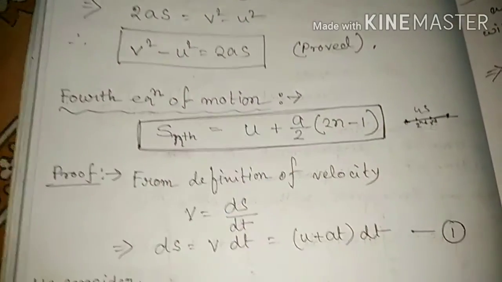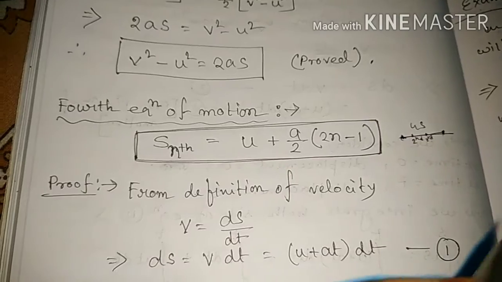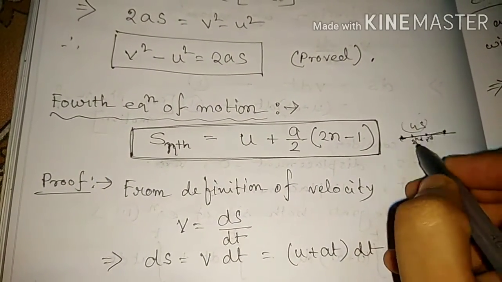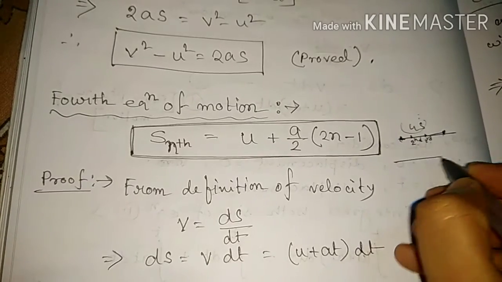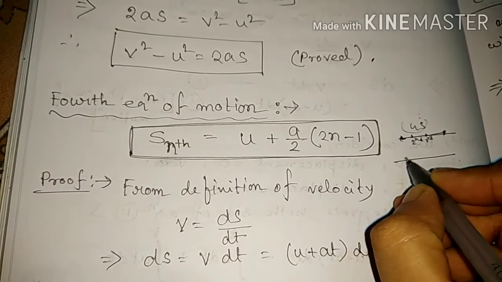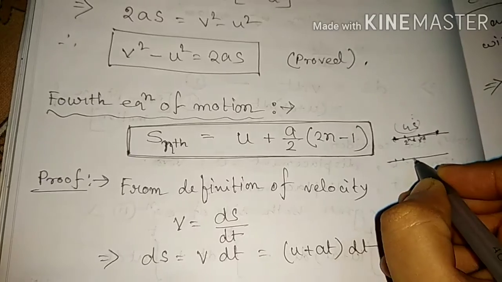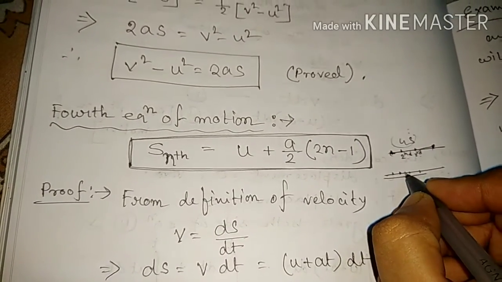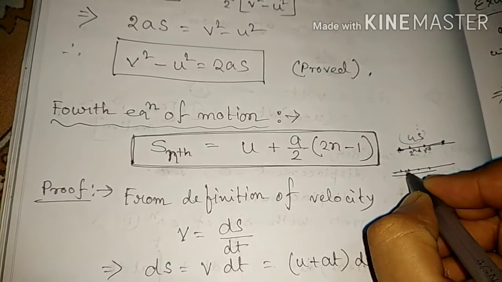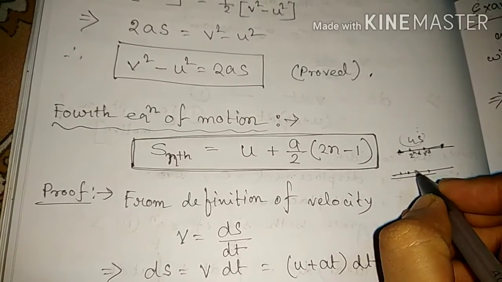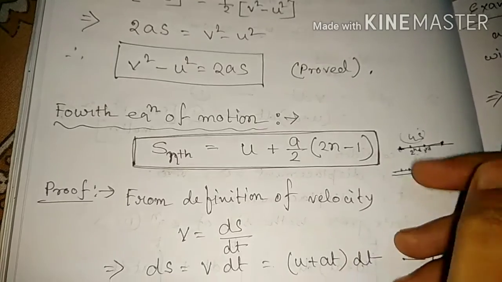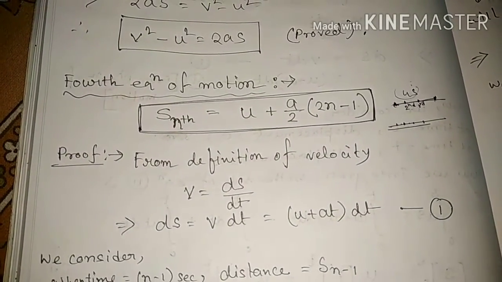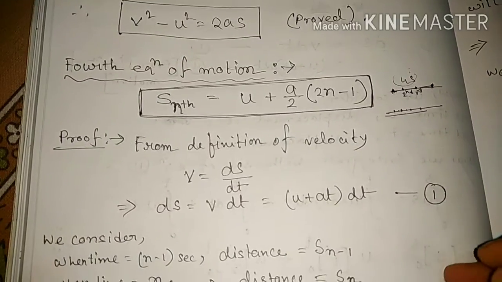We use this formula to find out that nth second. This nth second and these 4 seconds are two different times. The total is 4 seconds, but within the 4 seconds there is the first second, second second, third second, fourth second. In a particular second, how much distance does it travel, in the third second how much distance does it travel? We need this equation to calculate the distance traveled in the nth second by an object.